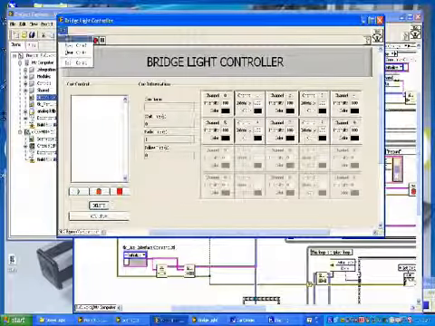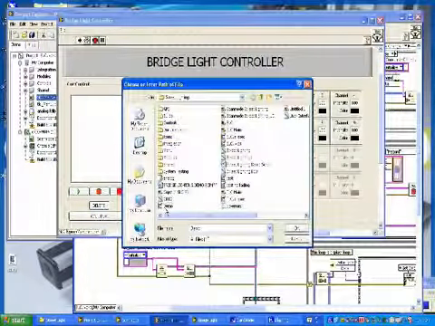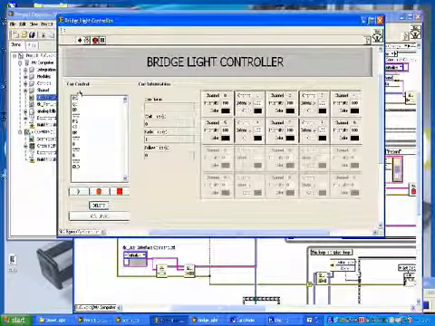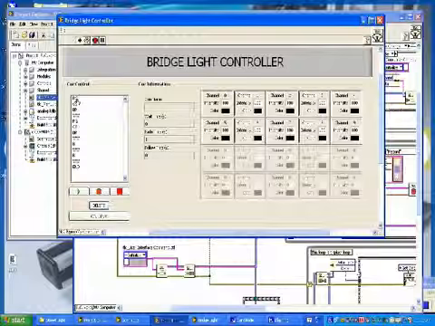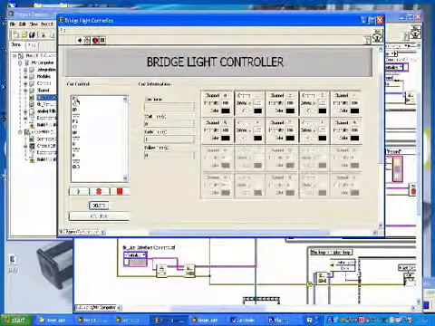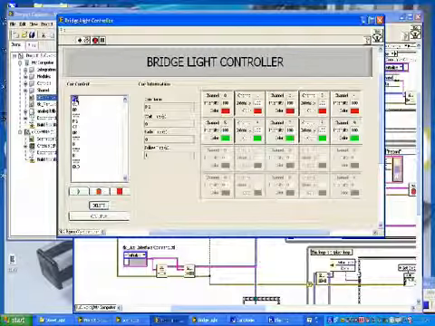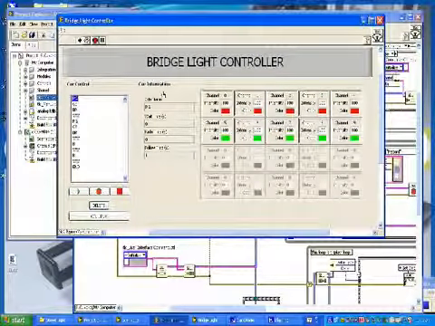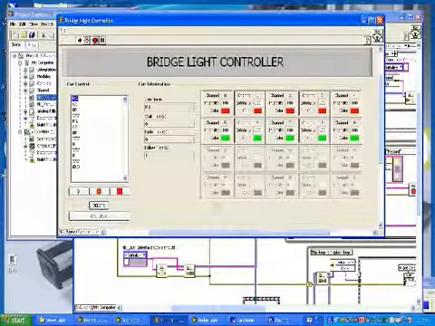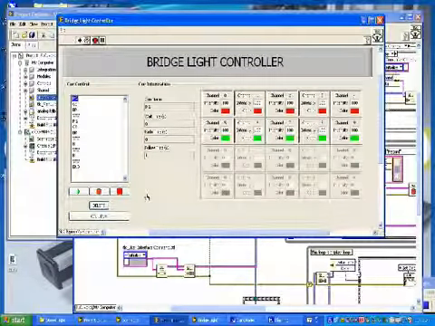So now I will load the file. In this demo file, I have several cues under my cue list. Every time I select a cue, the information will show every detail of my cue.